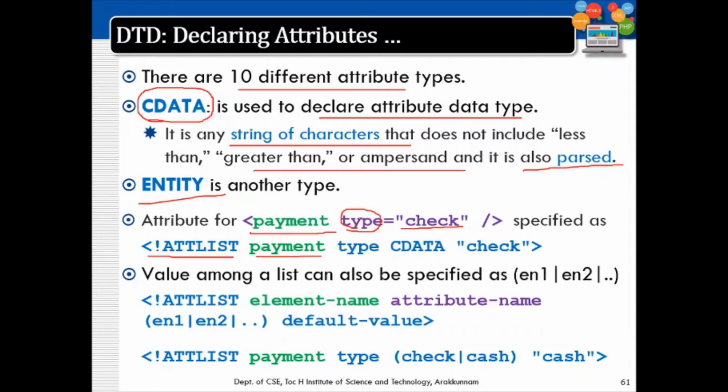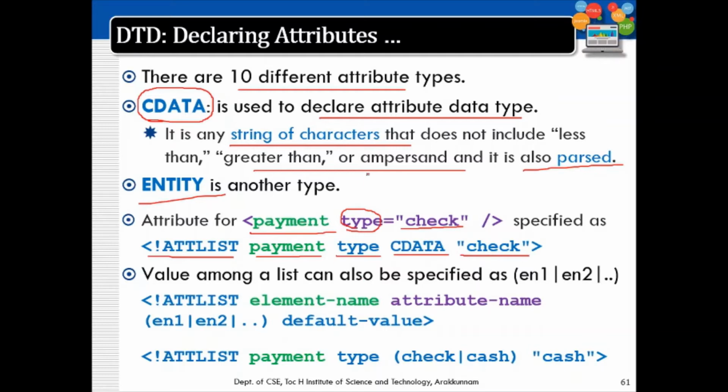Because an attribute has no single existence, it is related to an element. So name of the element, then name of the attribute, which is type, then this is a string, so the data type is CDATA, and you can give a default value like this. If you just give within quotations, it is a default value.